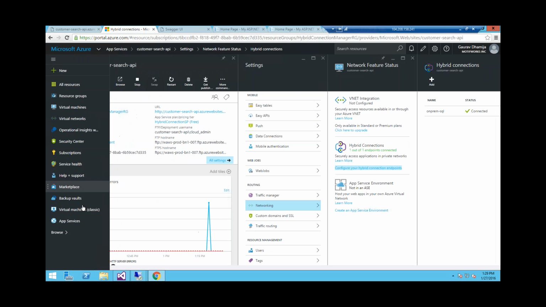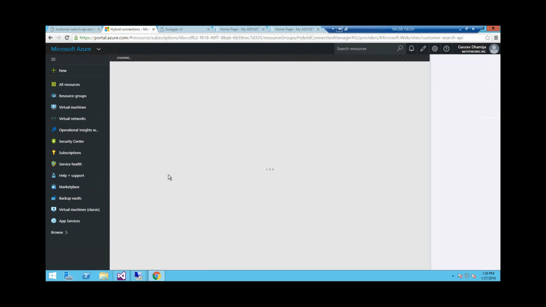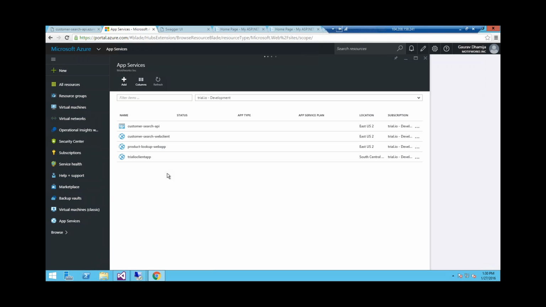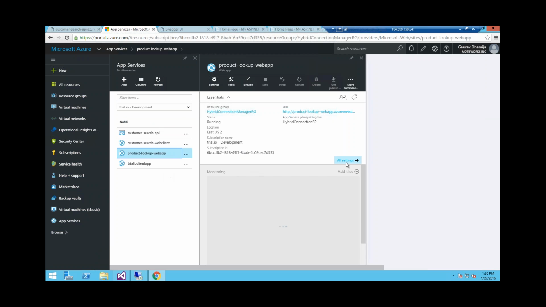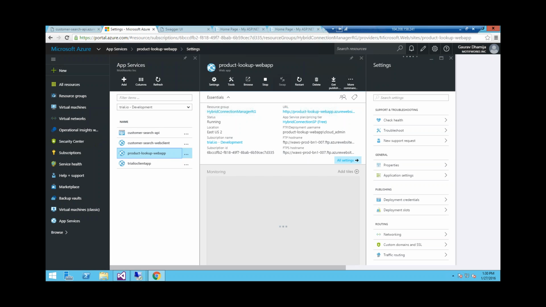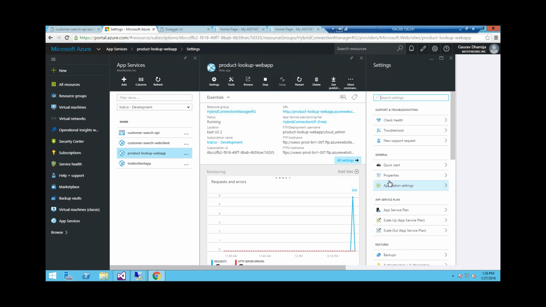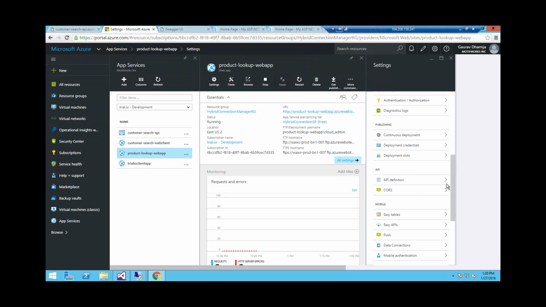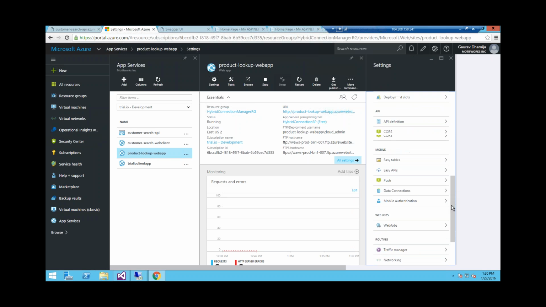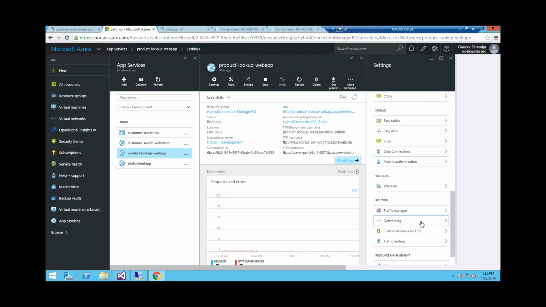Let's go in the portal, Azure App Service, and let's have a look at the networking properties of the product lookup web app. So again, like we discussed previously, there are two parts of on-premise connectivity. First, we need to create a hybrid connection in Azure, and second, we need to do a listener setup. So let's go to networking.